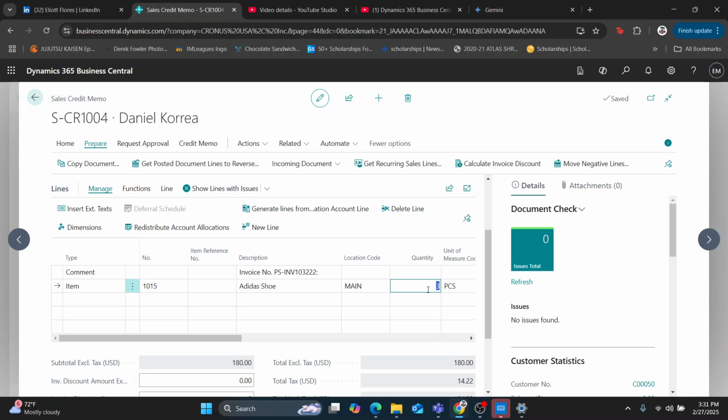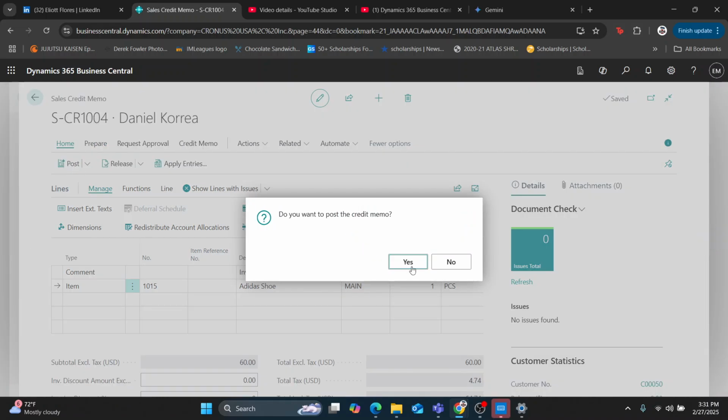Once you have that, you go to quantity, and let's say that our customer Daniel accidentally purchased 3 items, but he only really wanted to buy 1. All we would have to do is change that 3 to 1, and then go back to home and post